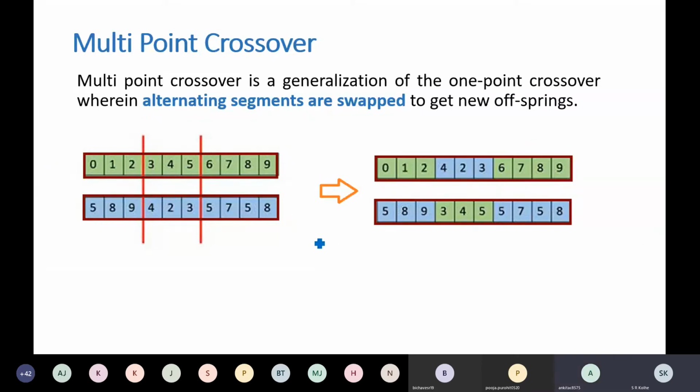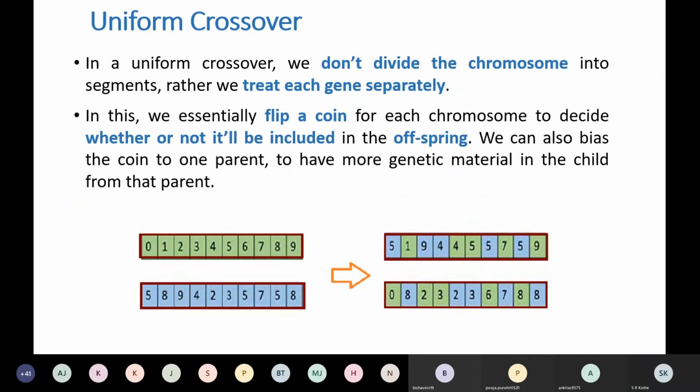Yes, sir. What is meaning of this actually in biological evolution, that is some of the attributes, genes you will find out they are inherited from one parent, and some of the genes they are inherited from another parent. So which one? Crossover techniques decides that. Then another technique called as uniform crossover.